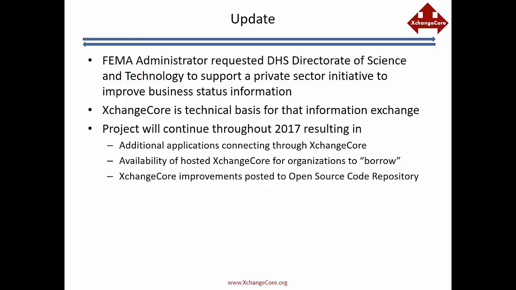Update on this one, the FEMA administrator went to the Department of Homeland Security's Director of Science and Technology and said, let's support this. Let's support the private sector being able to do a better job of providing business status information to government agencies and support the government agencies in being able to consume that better. XchangeCore is the technical basis for that information exchange. The project will continue throughout 2017, actually a little bit into 2018, and the benefit for anyone listening is that